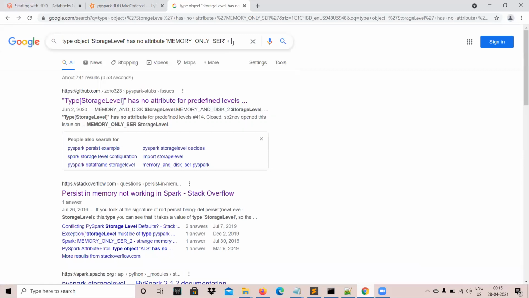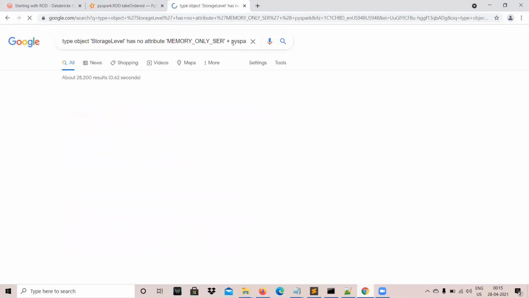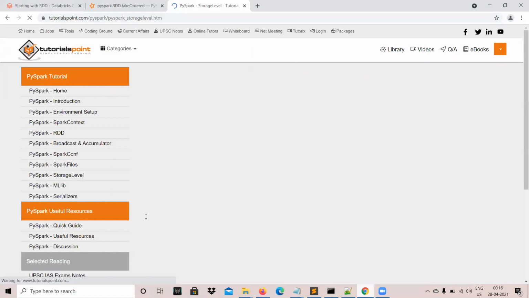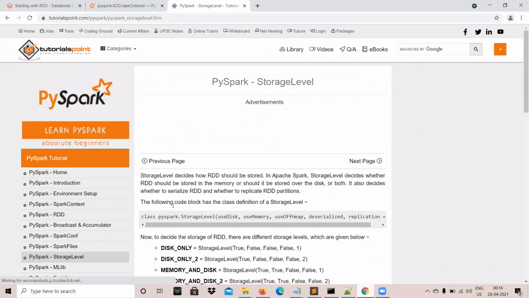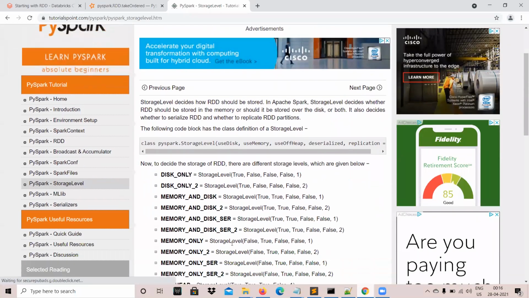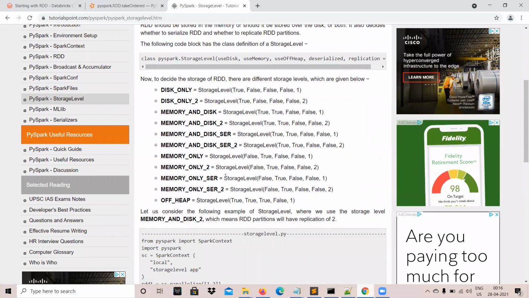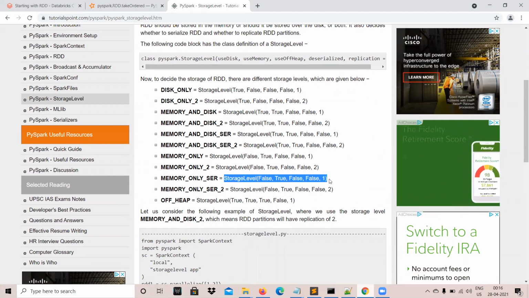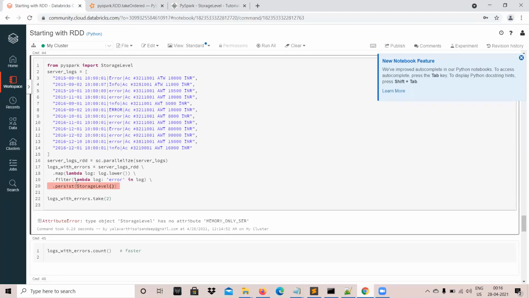I'll add some additional keyword in my search. I like this tutorial point. And I'm saying memory only serialized. Here this one. I just copied it and just pasted it.